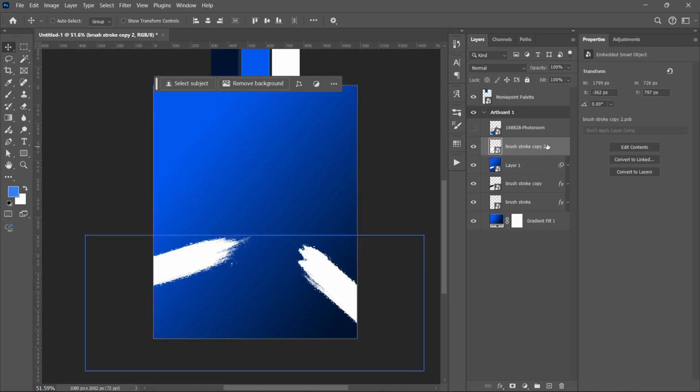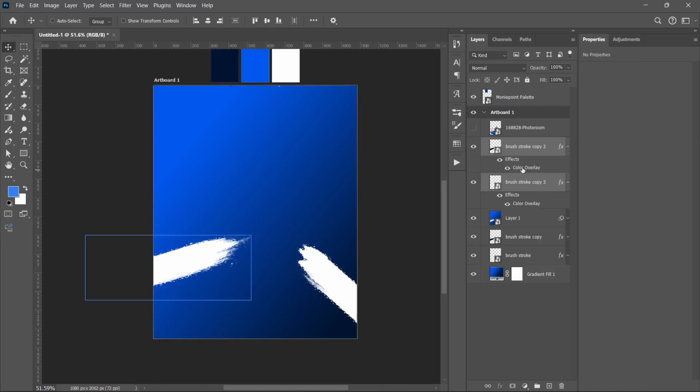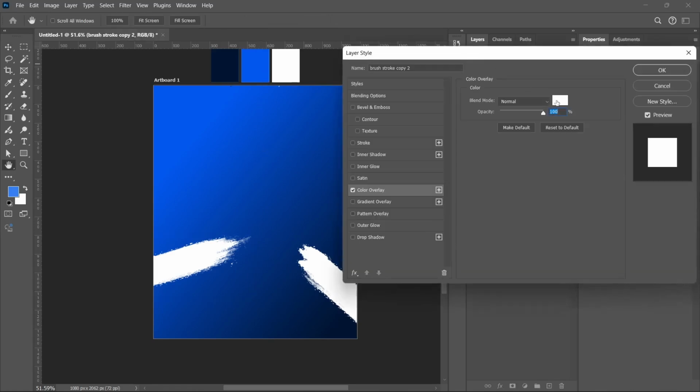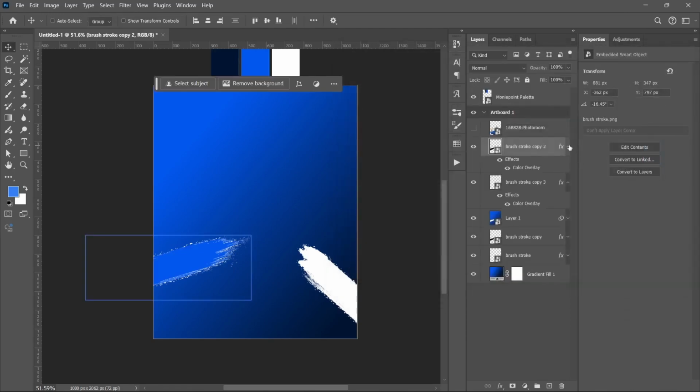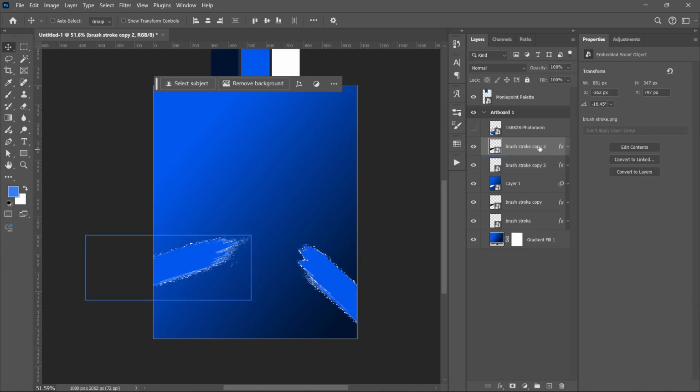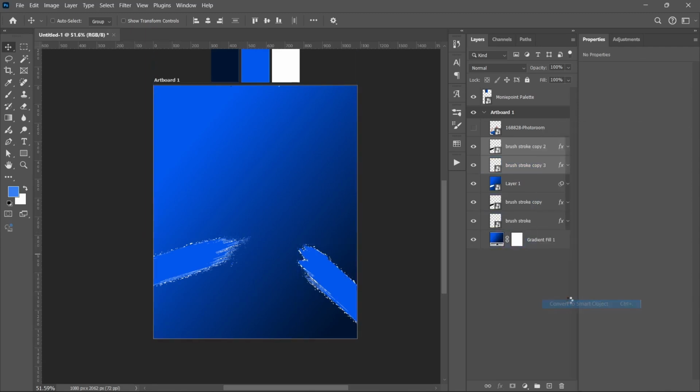Or rather, before you convert to a smart object, change the color overlay to this blue. Right, change the color overlay to this blue. Do that for both of them. Once you've changed the color overlay to blue, then you can right click them and convert both of them